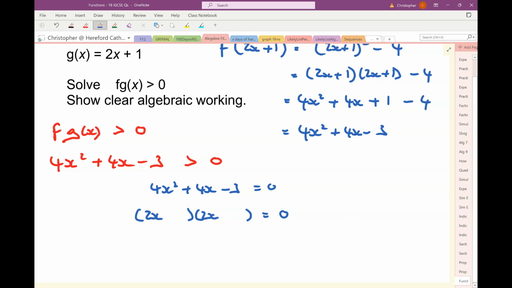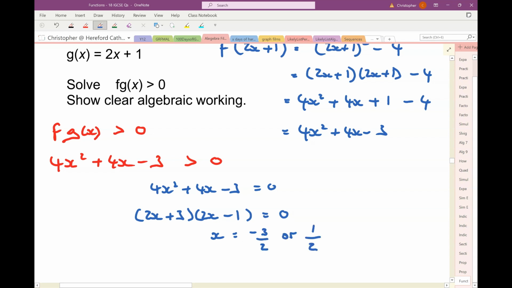I've got plus 4x there, so I'm going to try the plus 3 and the minus 1 and just check. That does give me 4x squared. It does give me minus 3 at the end, and look at that, plus 6x minus 2x gives me plus 4x as well. So my solutions to this equation, that x would be minus 3 over 2, or